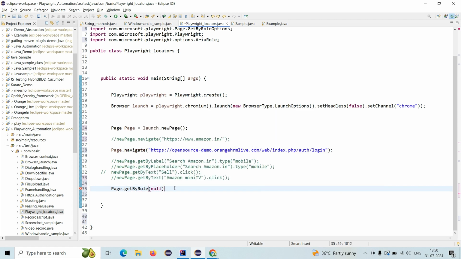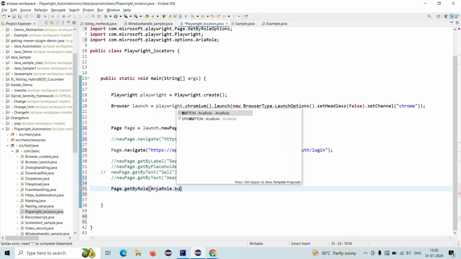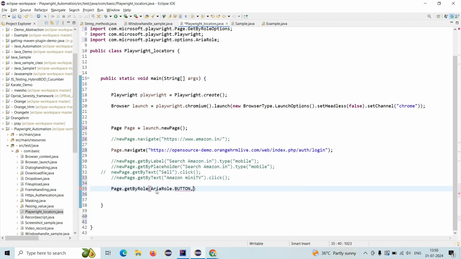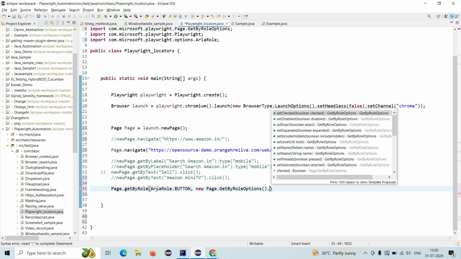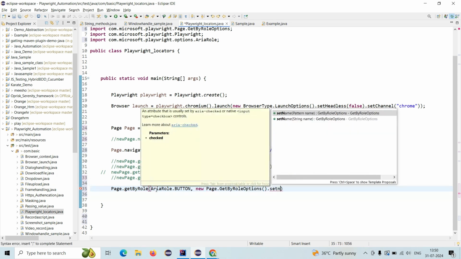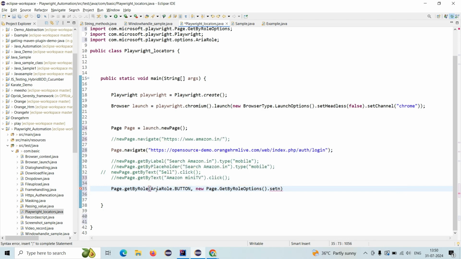Then you should give page dot get by role, button comma, new page dot get by role options, dot, we should set name,